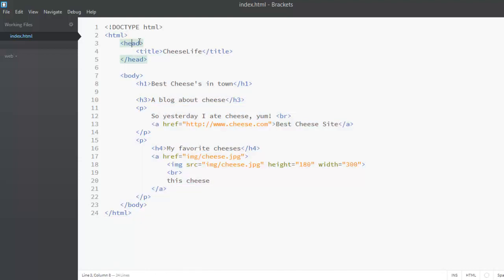Then we have the head, opening tag and closing tag. Together that's an element. And we have the title inside of that head element, which is Cheese Life, because that's the name of our blog. Then we have a body tag and closing body tag, and all of that makes up the body element, where